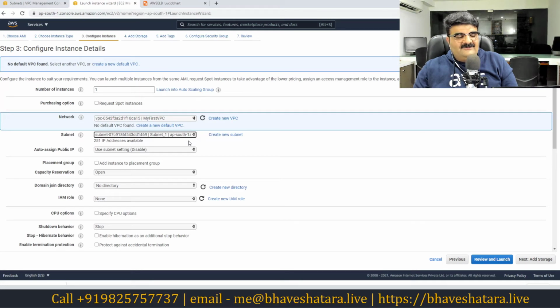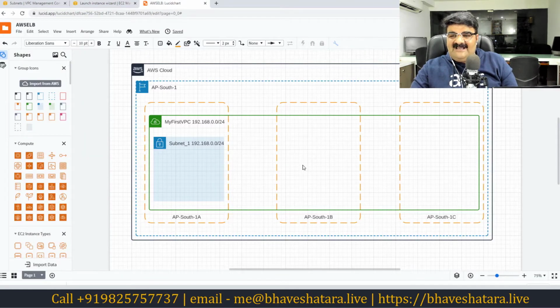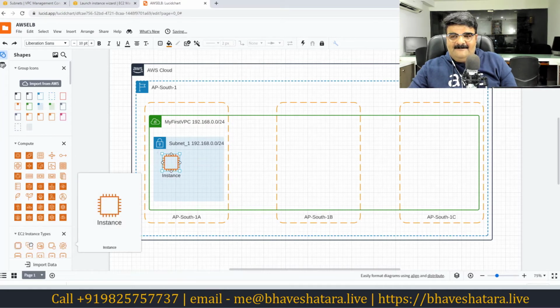For that you have to create a subnet in another availability zone. For example, I don't have any subnet in AP South 1B or C. That's why I cannot deploy resources, because you are actually deploying your resources into the subnet, not the availability zone.